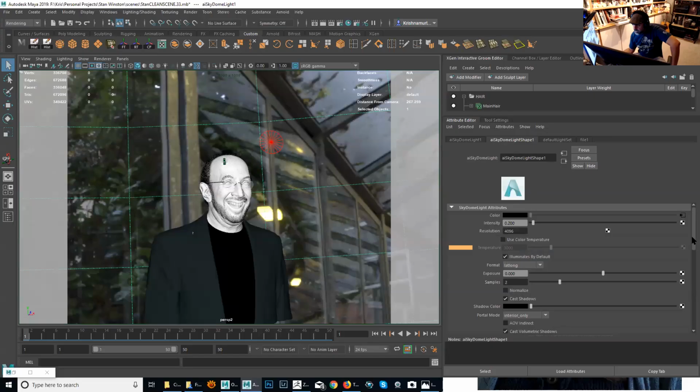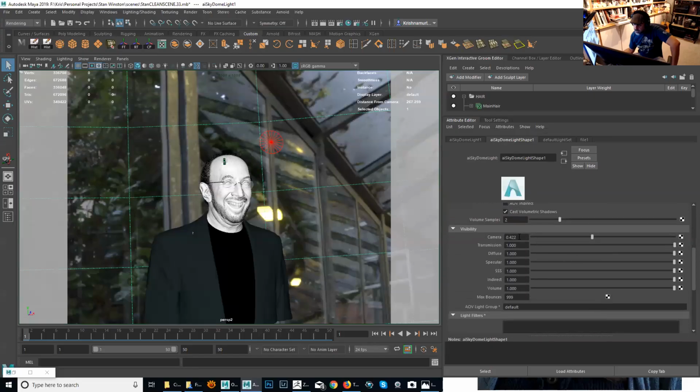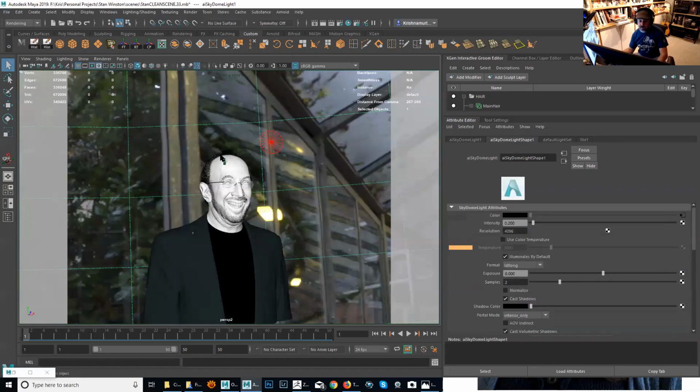And then here, I'm actually reducing the camera influence, right? So basically, instead of using full intensity, I'm using 0.422 for whatever reason. I think I looked at it visually, and that number looked okay for me, so I kept that. But everything else is at 1, like default. But then I have this other little lens